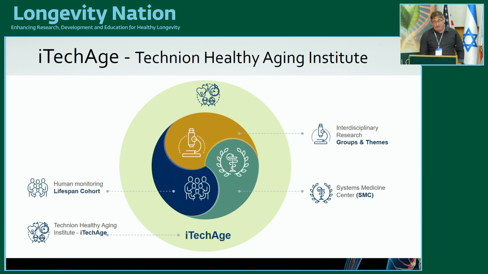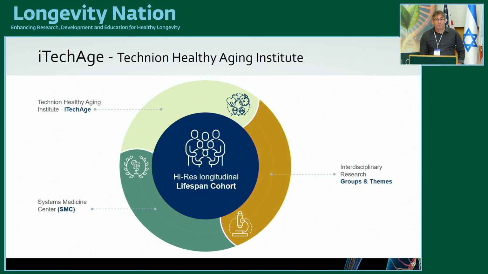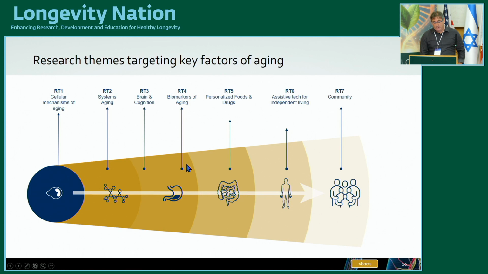It has a lifespan cohort of over 1,000 individuals that we're tracking, a systems medicine center for bringing in a lot of the different types of multi-omic measurements. And really principal to this is over 60 researchers at the Technion who've all been joining into this, established groups and themes. The lifespan cohort is a shared Technion resource for all of them to study,